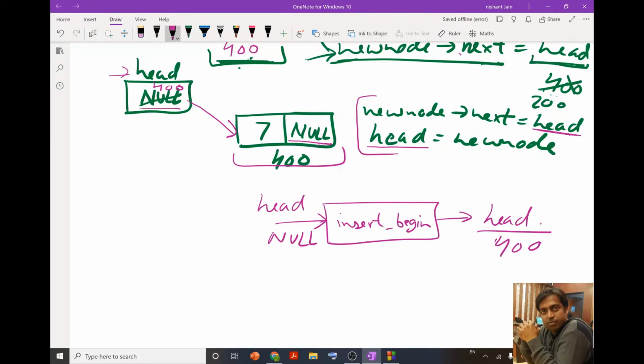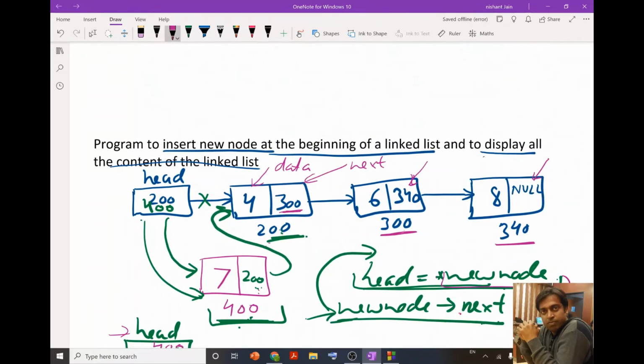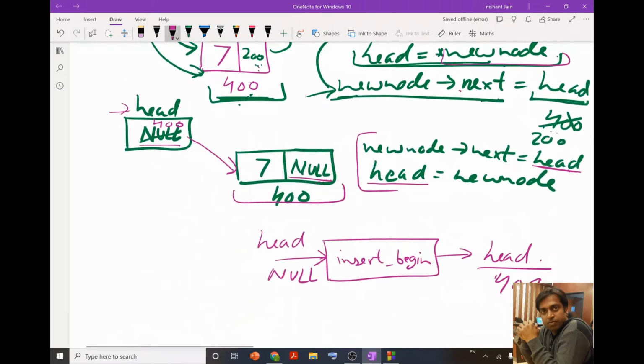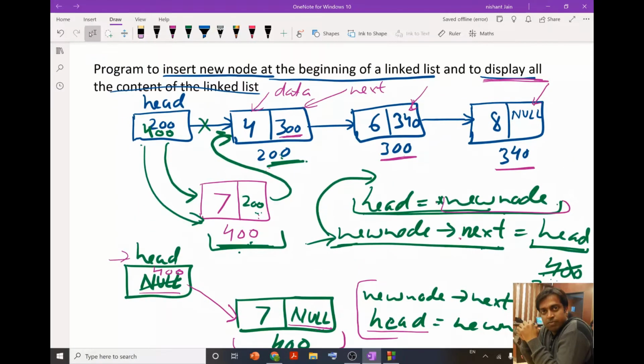Now after this, our second task in the program is to display the content of the linked list. Now to display the linked list, in this case, if I want to display this value 7, our linked list contains 4 nodes: this 7, this 4, 6 and 8, right?